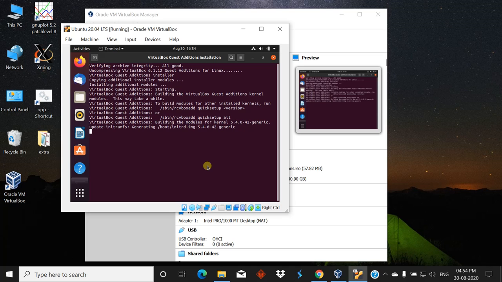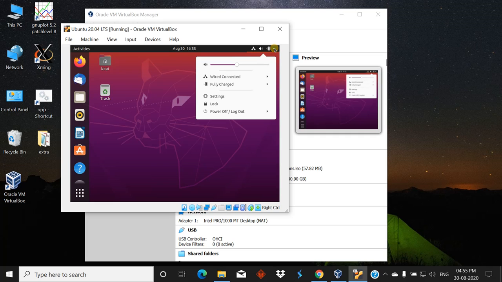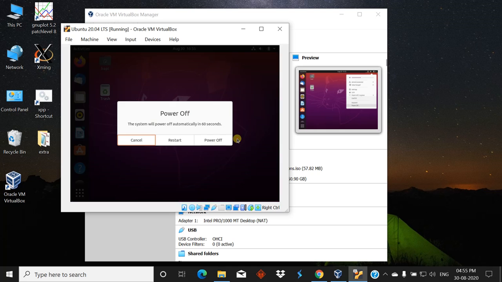Hit enter to close the window. Now for the installed package to take effect, you must restart the machine. To do so, just shut down your Ubuntu session. Click on power off.